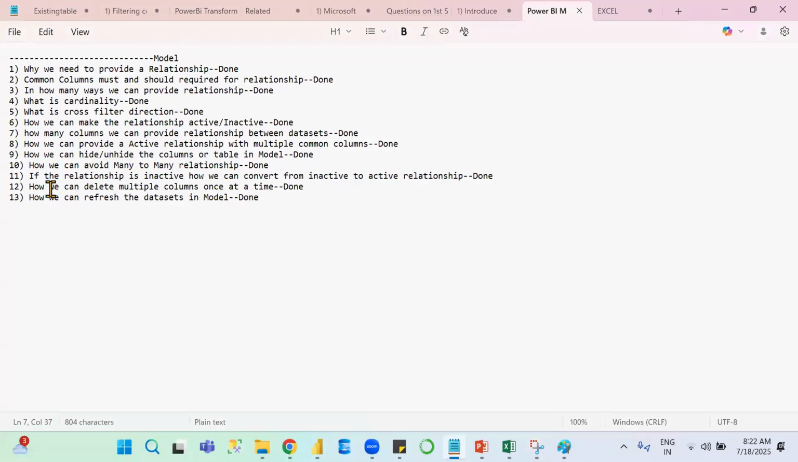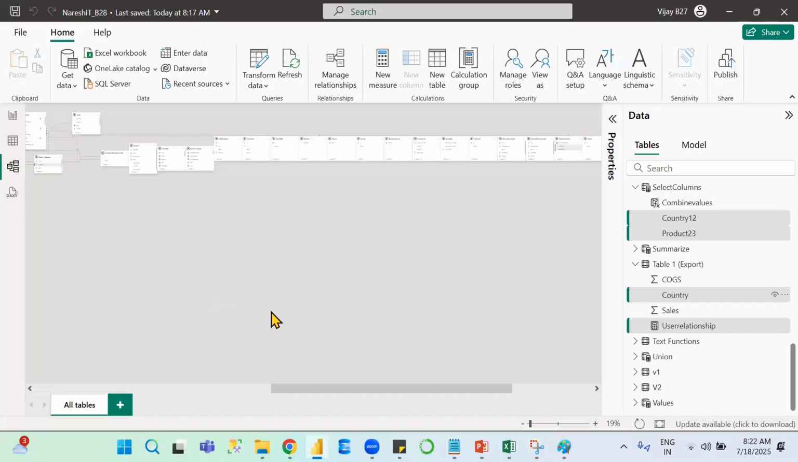Next one is, what is the last topic in model view? How we can refresh the data set in model view. This is the last topic in model view. Let's discuss about this one. See here. Suppose for example,